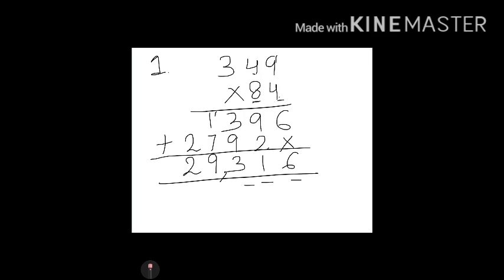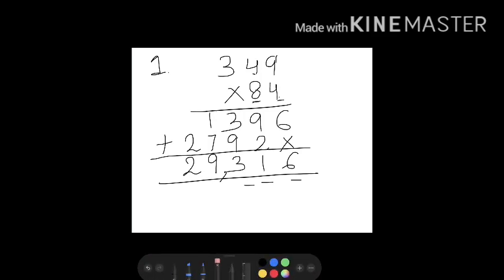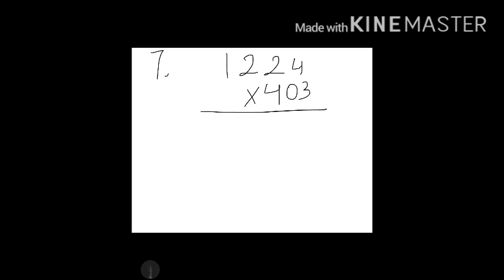Okay, students, and then later on you can remove the carryovers also. It's a good habit of removing the carryovers and making your work neat. All right, students. So now let's move on to the next page here. I'll be trying number 7 here. So the number to be multiplied is the multiplicand here, and this is the multiplier 403. Now this is the 3-digit multiplier we are using here. So let's begin with 3.